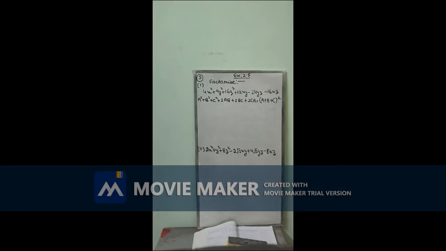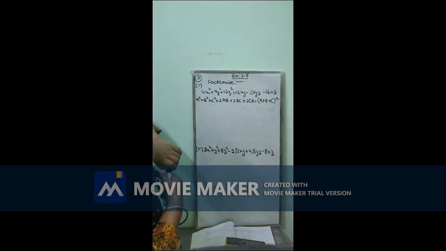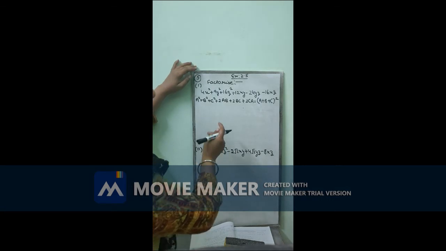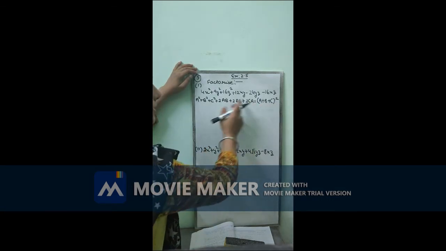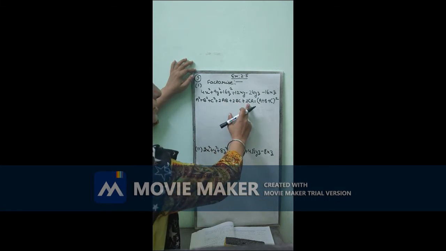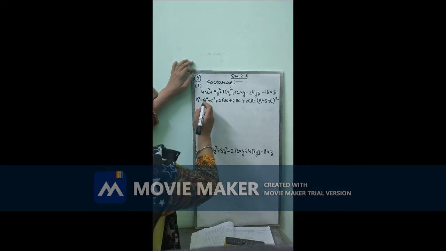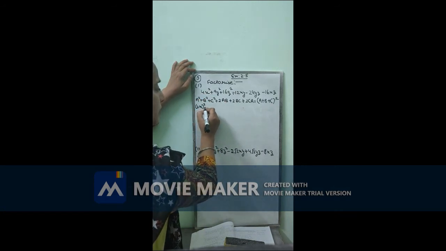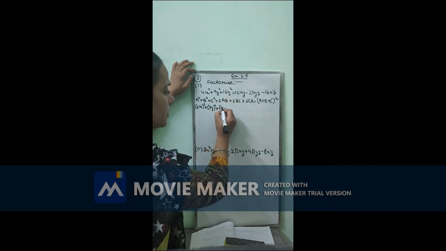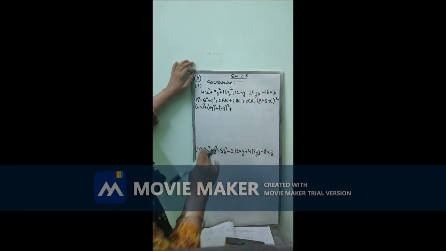Students, now we are going to discuss exercise 2.5 sum number 5, first part, factorization. See students, in the first part the statement given is the expansion of a plus b plus c whole square, that is a square plus b square plus c square plus 2ab plus 2bc plus 2ca. Clear? We will start from this term. This is 2x square, this is 3y square, this is 4z square, right? Now further is 2ab, 2bc, 2ca.